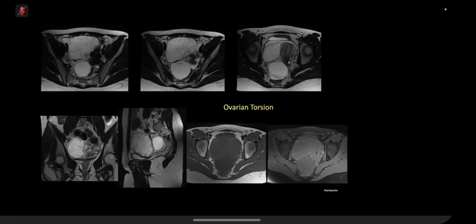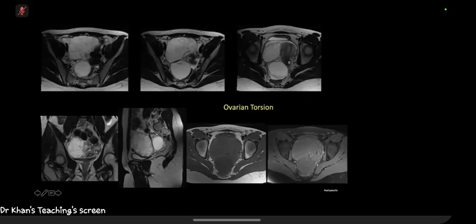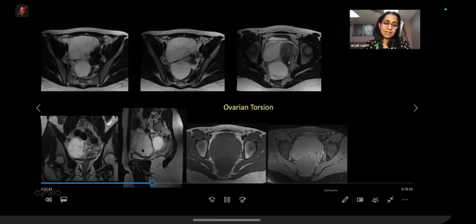I can see on the sagittal T2 image there are thin, peripherally situated cysts, small cysts. What are they? They are mostly follicles. Yeah, these are the peripherally situated follicles with the enlarged ovary, extremely edematous. So this is massive ovarian edema. And on T1, you